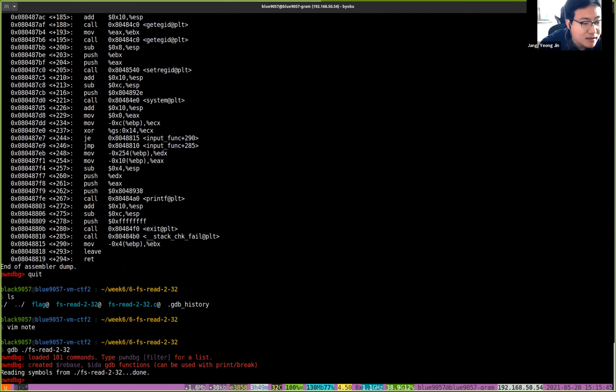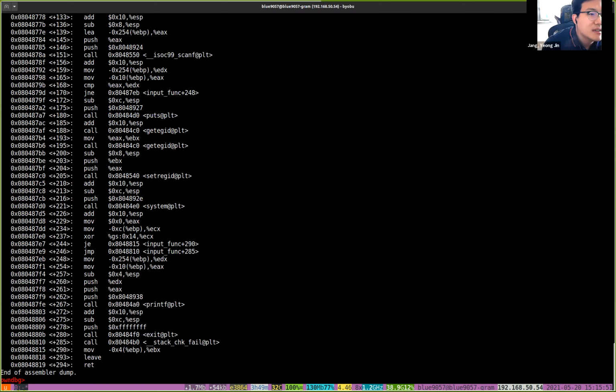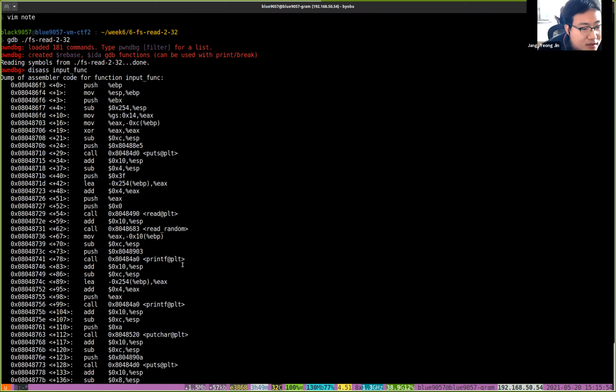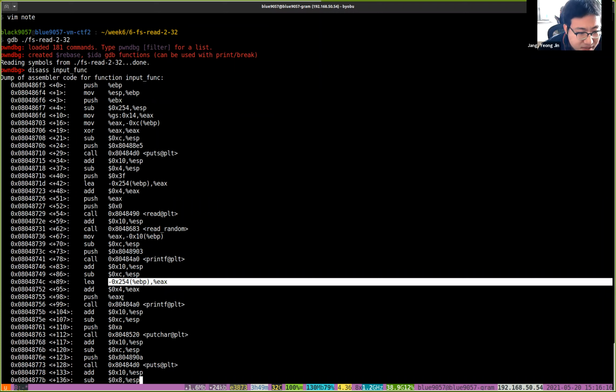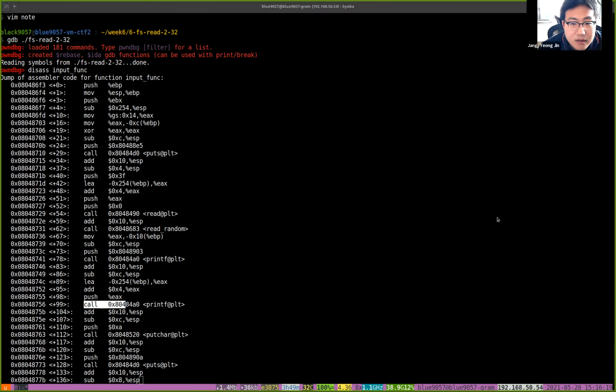Then run the debugger again and disassemble the input function. Then go to the printf. We have several printfs here, and this printf prints some fixed string, maybe hello. Then this printf prints the first argument, which is EAX, and that is coming from this one, some of the struct, add 4, something like that. So this is the printf that